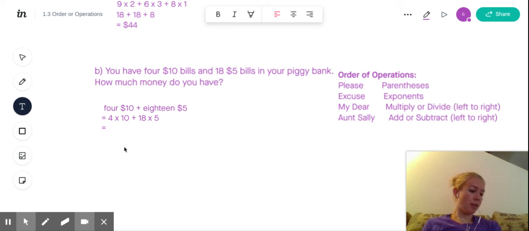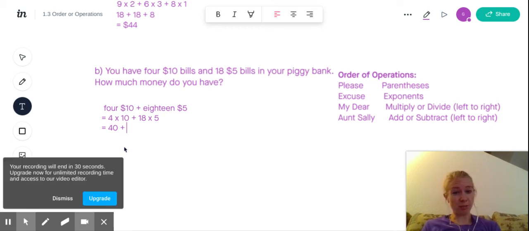4 times 10 is 40, plus, I would not expect you to know 18 times 5 off the top of your head, and it's not on your multiplication table, so you can use a calculator at this point. 18 times 5 is 90. And now we're just left with addition. 40 plus 90 is